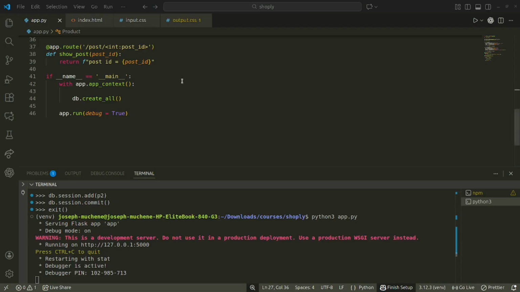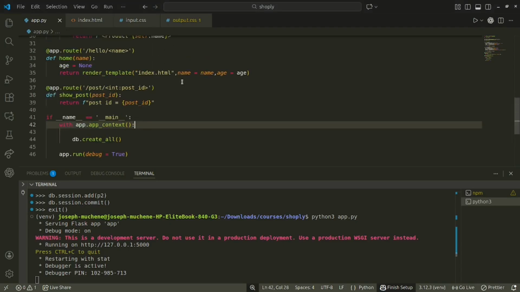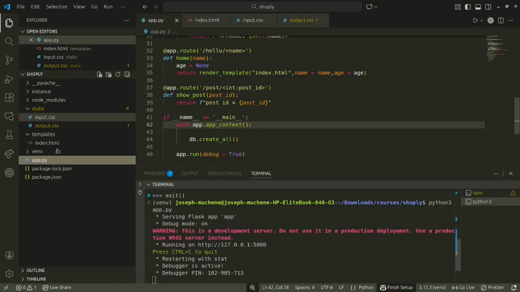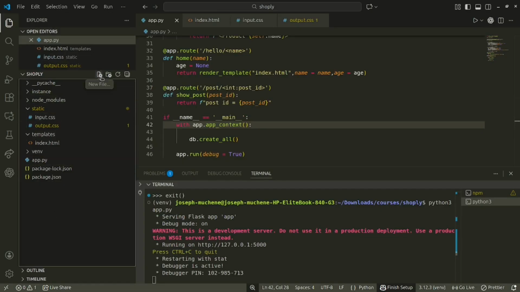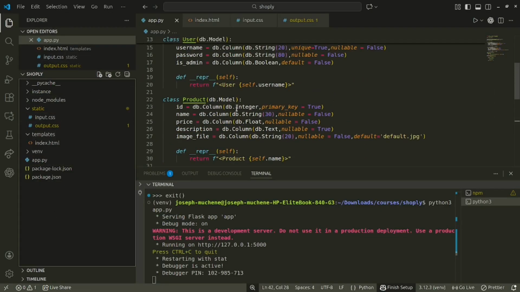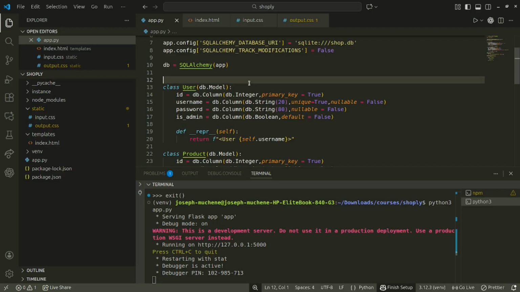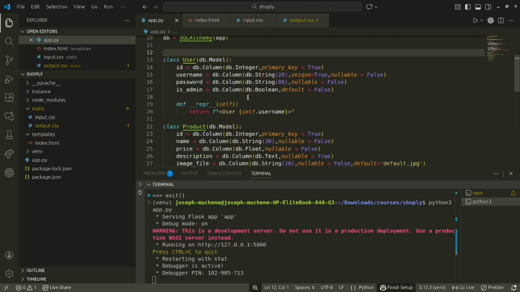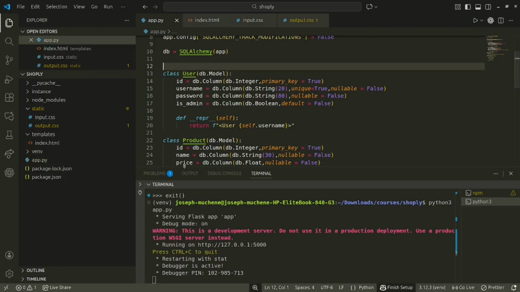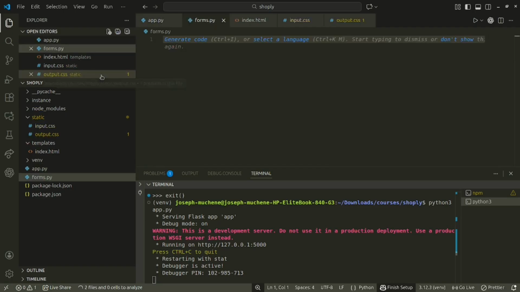In this course, we'll be working with forms, and this is what I want to show you in this video: how we can create the classes or the blueprint for our forms. That is the registration form, the login form, and also the add product form. Okay, so let's do that. So we'll create a forms.py file here, forms.py, and